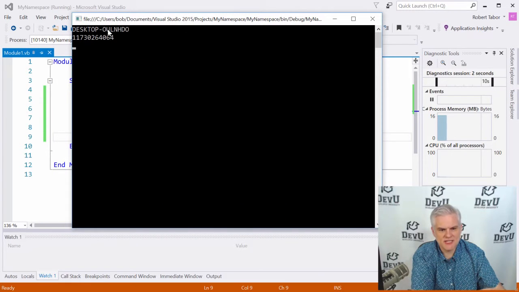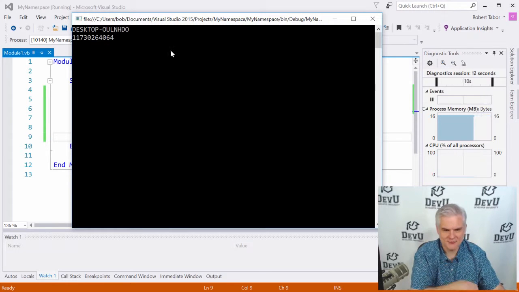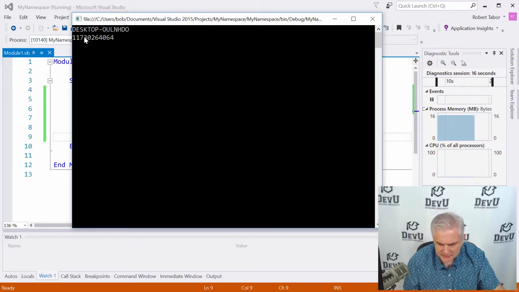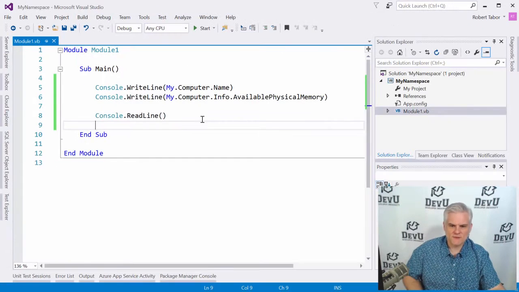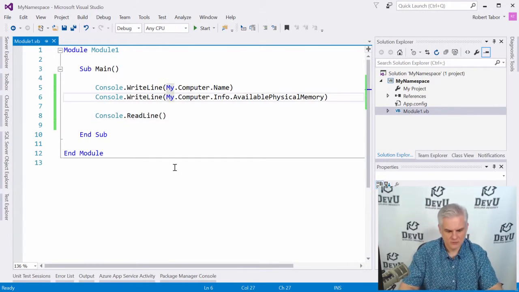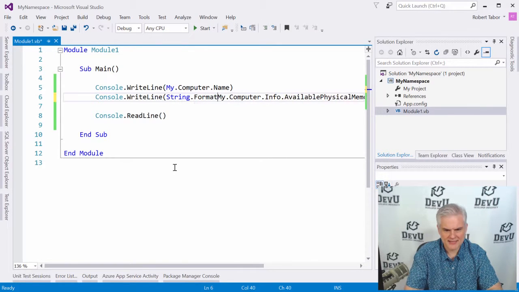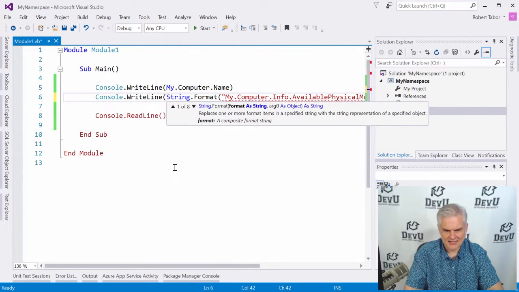And I have a really crazy name for my computer. I didn't build it myself, or I did build it, but somebody else installed the operating system. I would have had a cooler name than desktop, OULNDHDO, but whatever. And then here's how much physical memory. Looks like I have, I'm not sure how many gigs that is. Is that 1.7 gigs? Or 11.7 gigs, I'm not sure. I guess I could format that nicely with a String.Format, and then